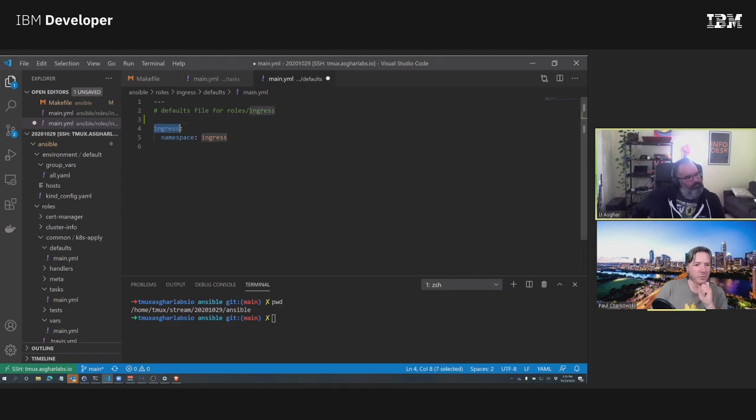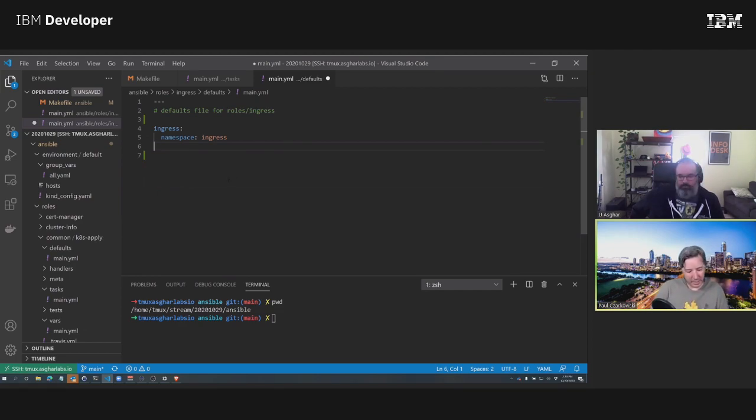So I like to use a hash. I try not to go super deep, so I'll often do flat under ingress, so it's always ingress dot and then whatever. Although sometimes I'll do something like this: enabled, and then cert and key. But generally I try and be pretty flat.